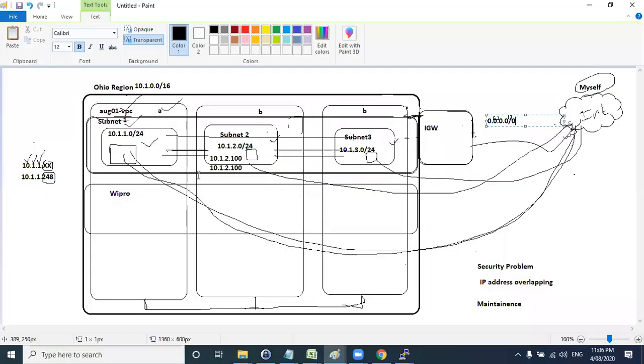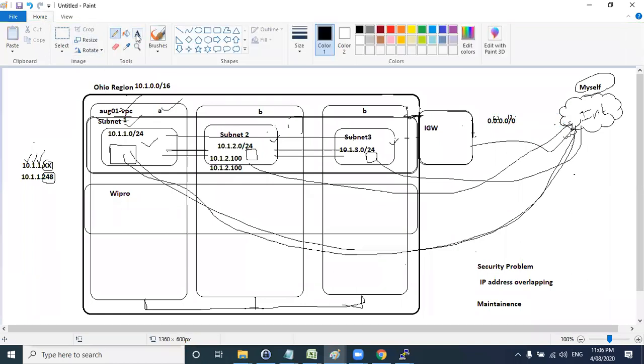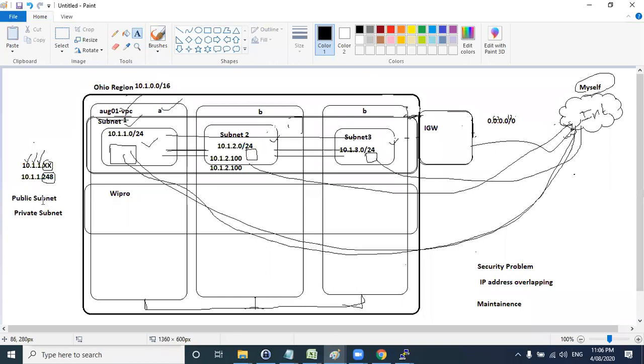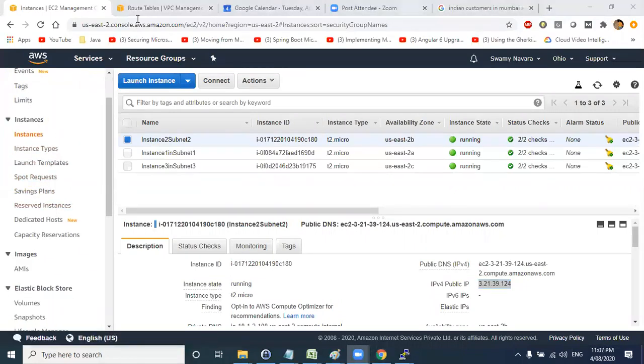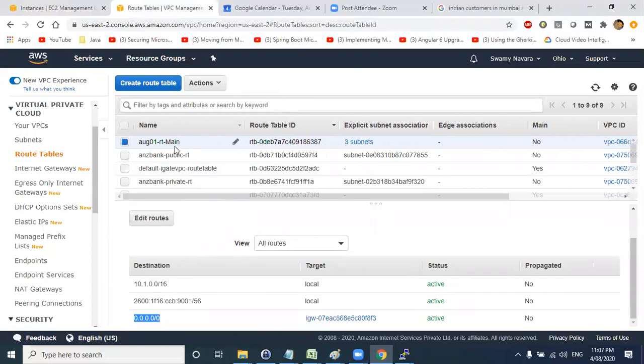So right now, if you see the diagram, there is no differentiation between public subnet and private subnet. Because what we have done after creating a route table, if you go to the route tables here, in this main route table we are telling any external traffic to redirect through the internet gateway.